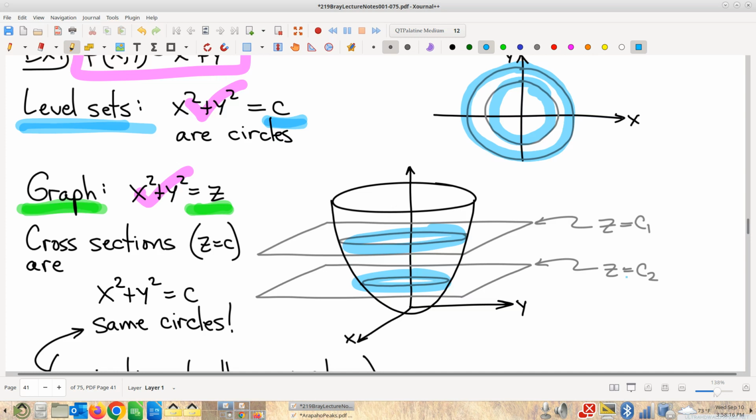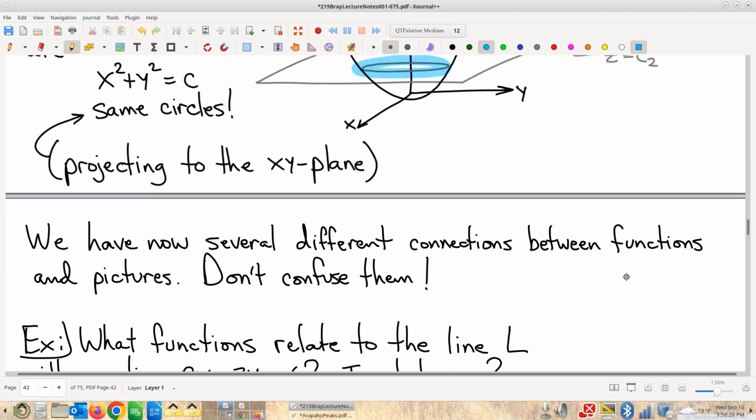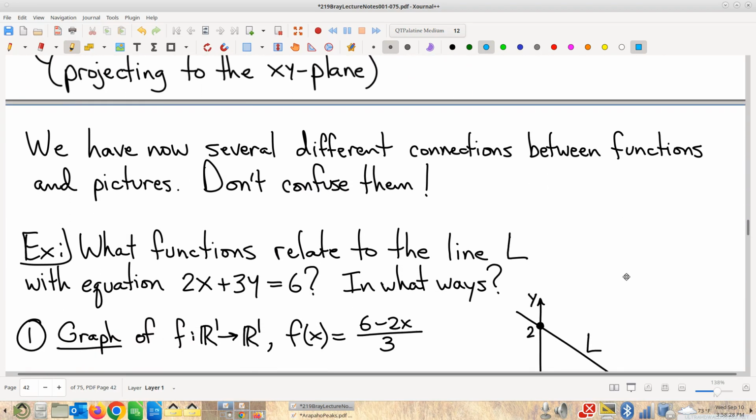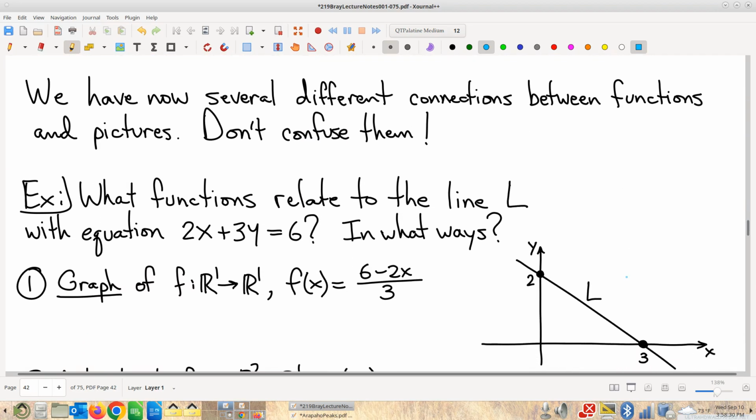Horizontal cross sections of graphs are level sets. Is everybody happy with that? Sweep this whole Z matter under the rug. Okay. All right. Cool. Okay. So